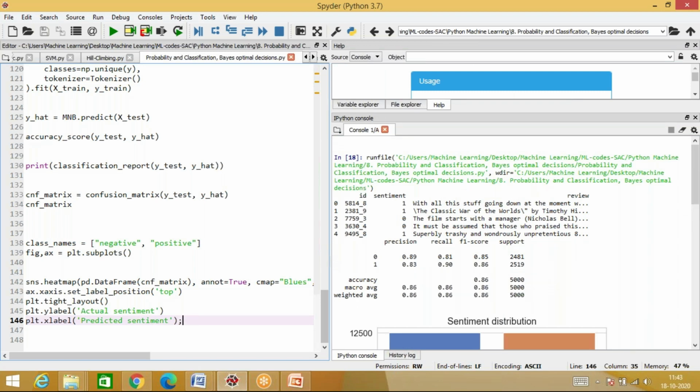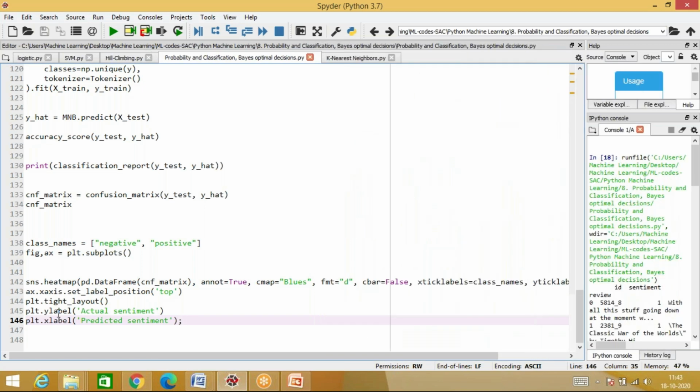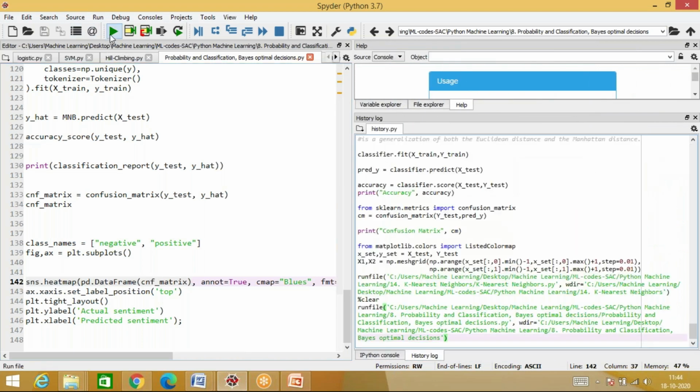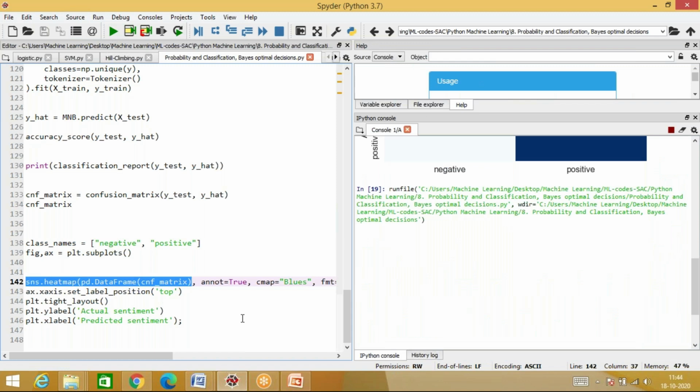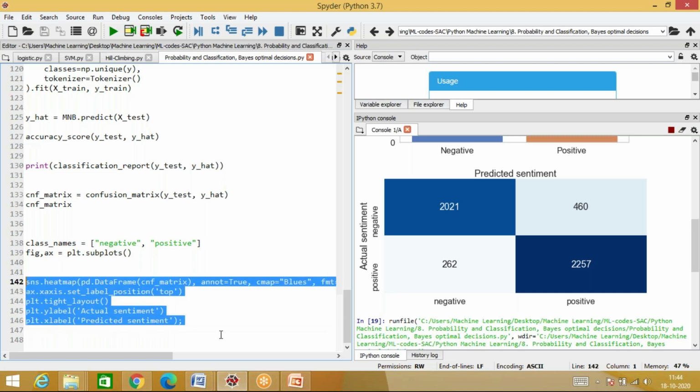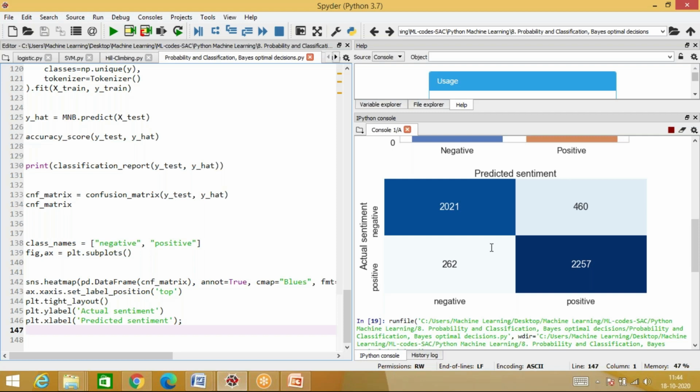Right, so over here we can create this heat map, sns.heatmap, by passing the confusion matrix. I've just passed the confusion matrix, and then it'll print the heat map for you. Why can't I see that? Okay, so over here what we've done is, because we've passed this confusion matrix, it has straight away plotted the confusion matrix with the heat map straight away over here. So you can just print the confusion matrix and stop, you'll still get the same answer.